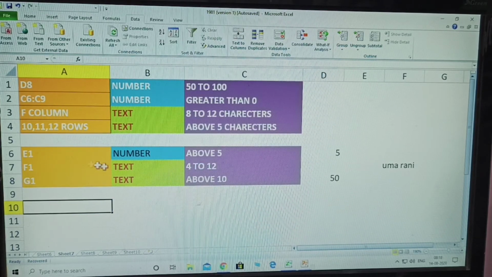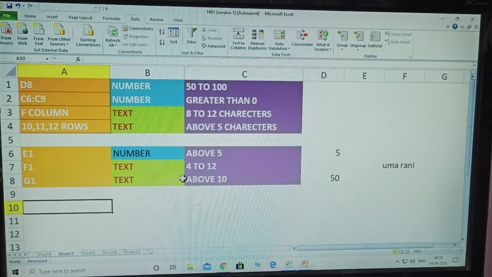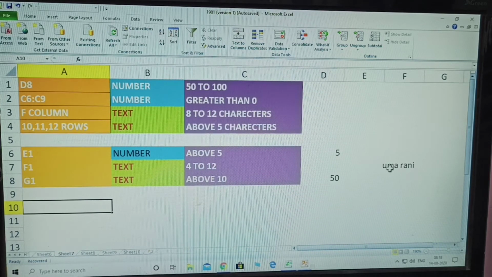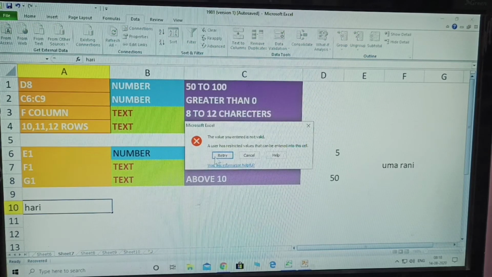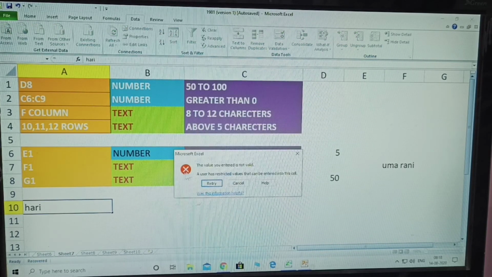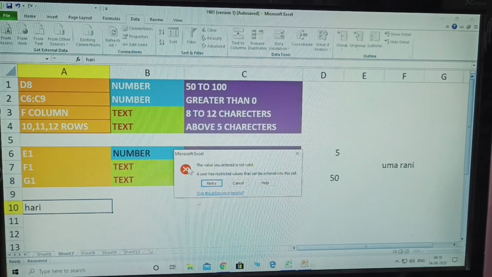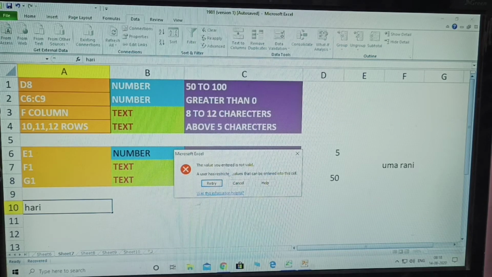This table was explained before. In Hurry, a dialog box came up now. This is the wrong one. Here a cross is shown. This is also modified, and this condition says the value entered is not valid.